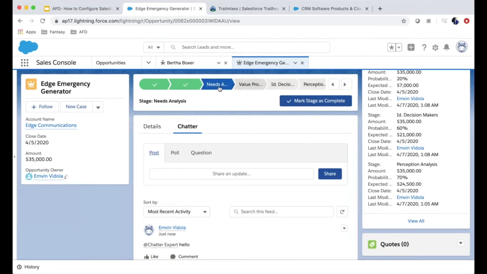For opportunities, this is also the sales path. I would also teach you how to configure this one. Okay, so if you're doing configuration in Salesforce,